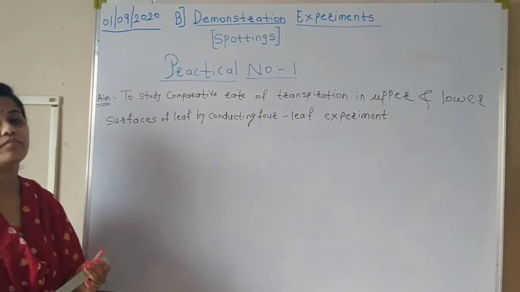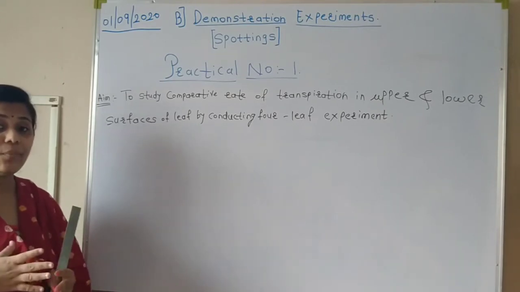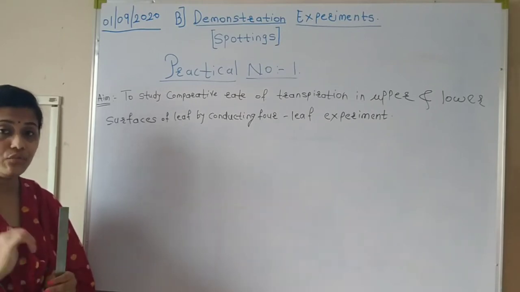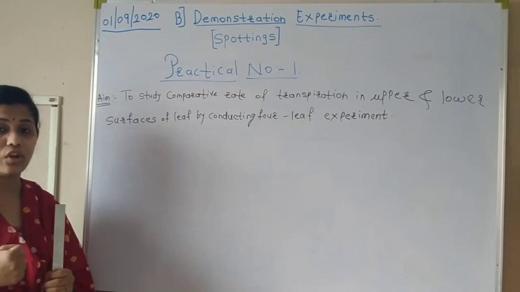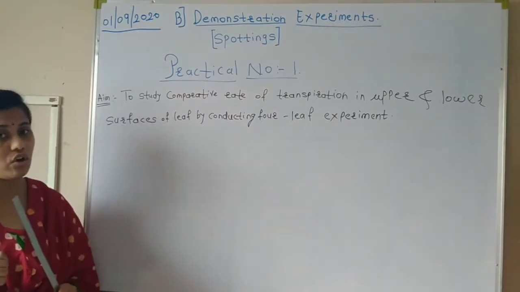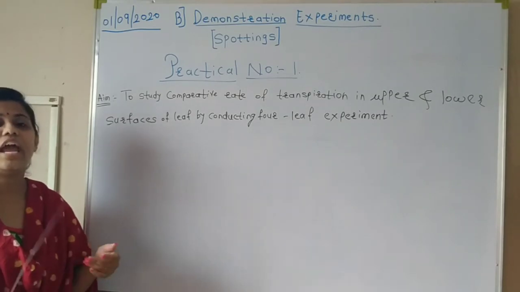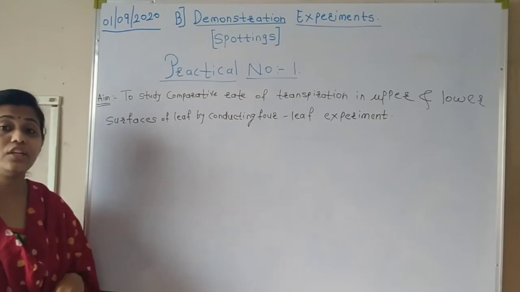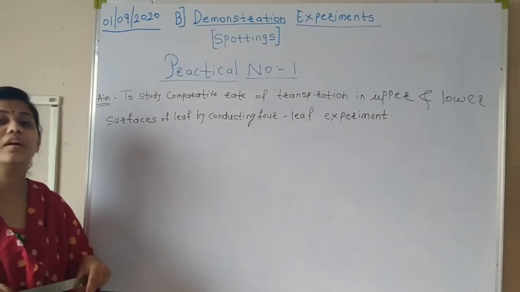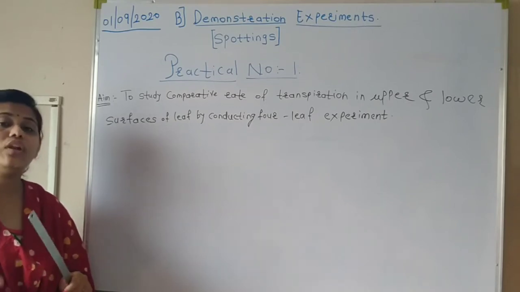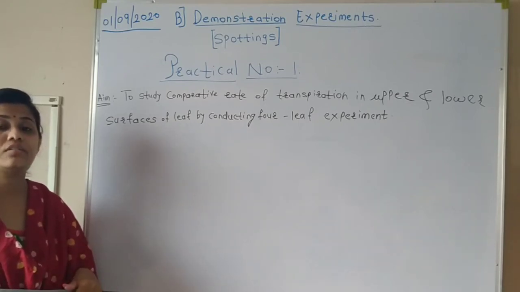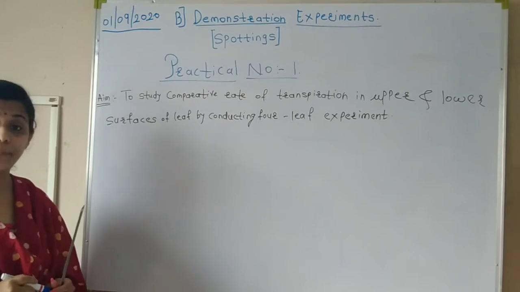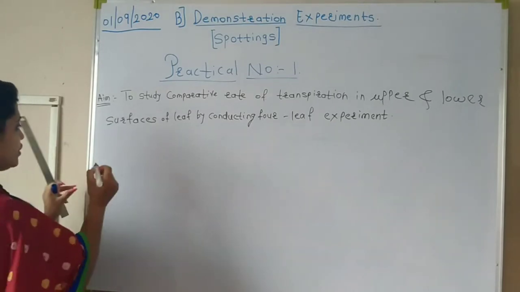So we all know plants develop and grow with the help of minerals and water, which come from the soil. Water loss occurs continuously, and the plant continuously absorbs water. 99% of the water gets lost as vapor and only 1% of the water gets lost as liquid. The loss of water by vapors is called transpiration.